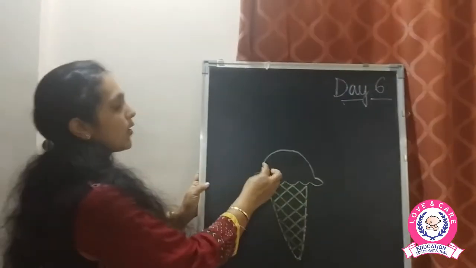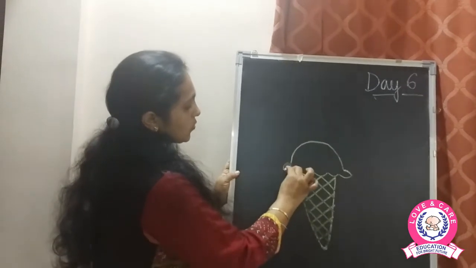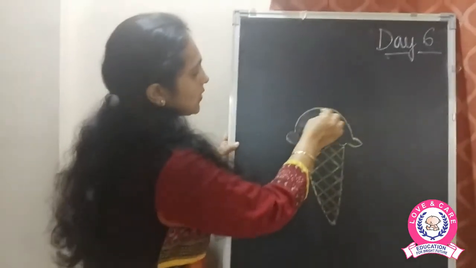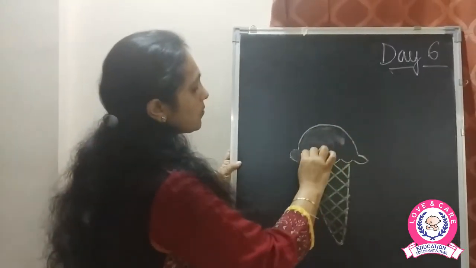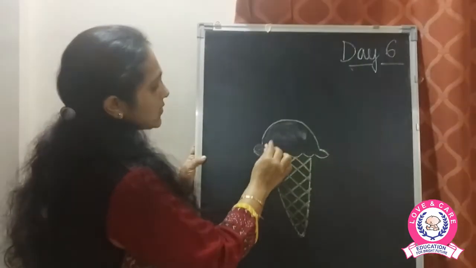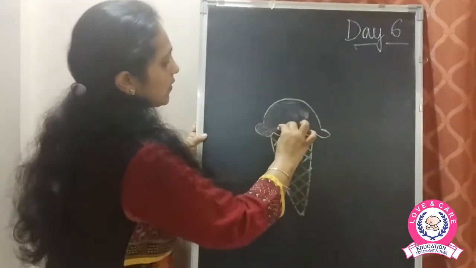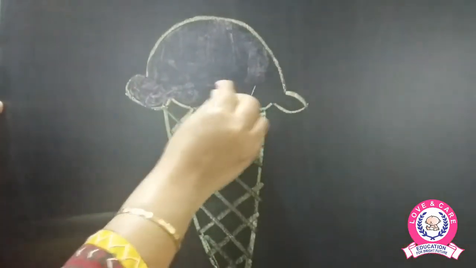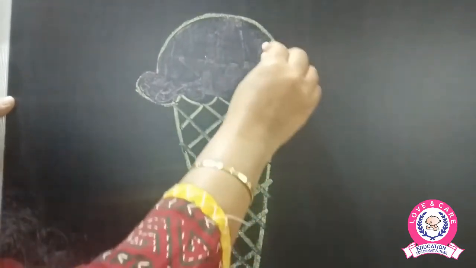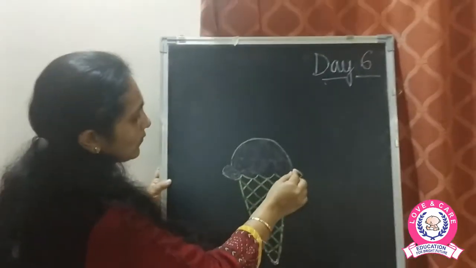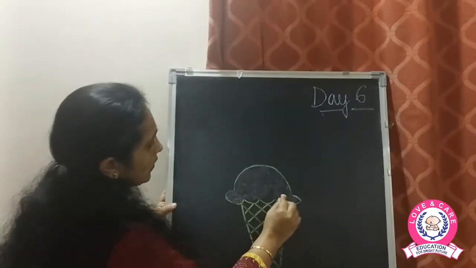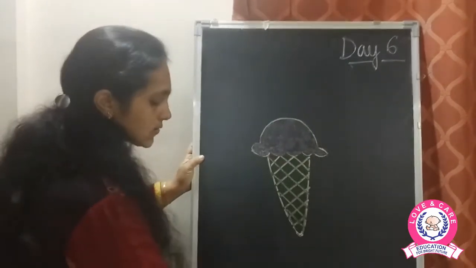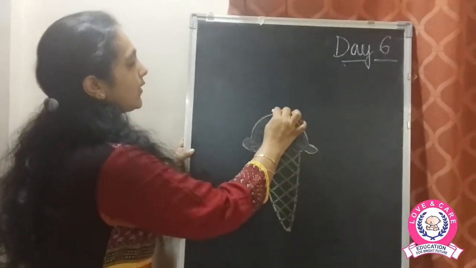Now this you can have of your choice. जैसे अगर आपको स्ट्रॉबेरी आइसक्रीम पसंद है तो you can color it pink in color. If you like the pista then you color it green. आपका जो भी favorite flavor है आइसक्रीम का you have to color it. So this is the way you are going to draw the ice cream. And then you have to color it. You can draw this on any of the paper you have, white color paper.